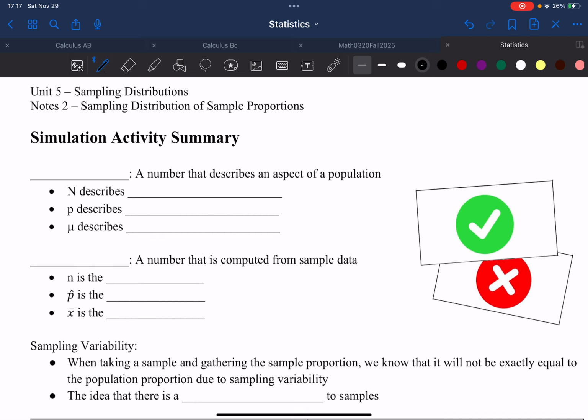Okay, notes 2, sampling distributions of sample proportions. So we have